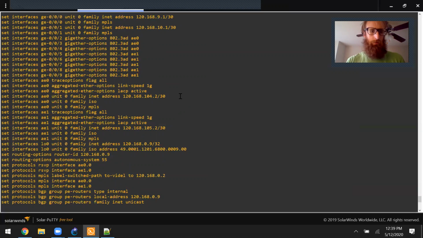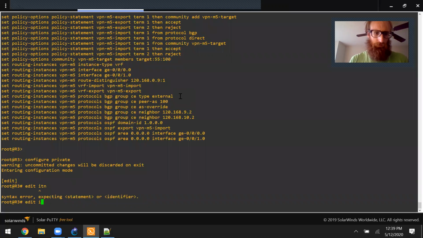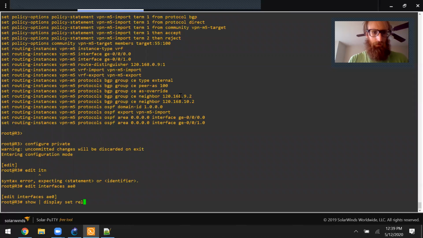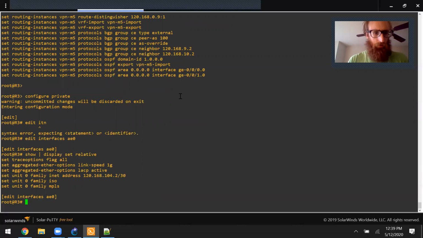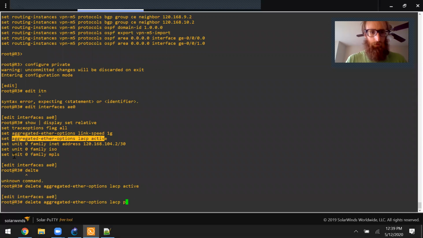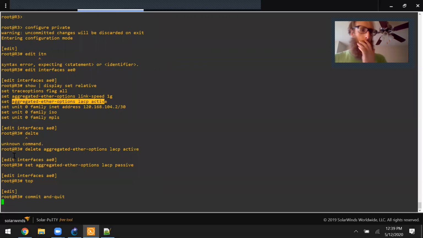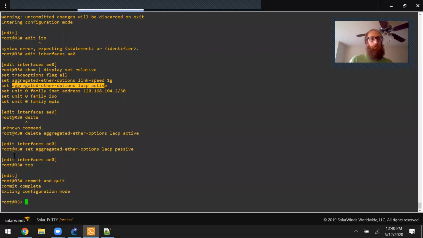So let's set this router, this is router 3, to be the passive side. So we'll delete